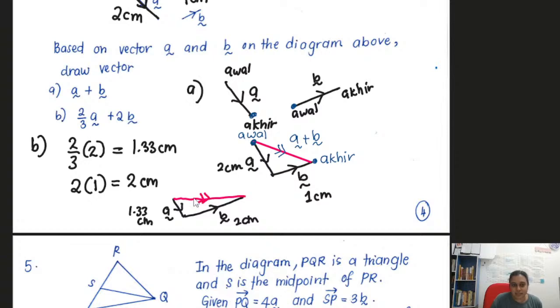So actually this is not A. This is 2/3A and this is 2B. So when we tambah, we write like this: 2/3A plus 2B. That's your resultant. Usually soalan ni, they will give you in a graph paper. Dalam kertas graph. So from the kertas graph ni, we will lukis. But since yang ni tak ada kertas graph, so kita just lukis guna pembaris ni. Okay, this is how you draw vector. Seterusnya,